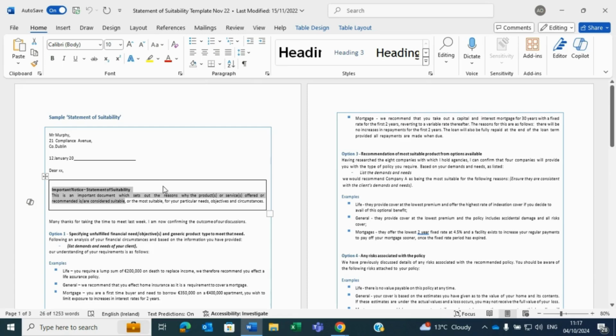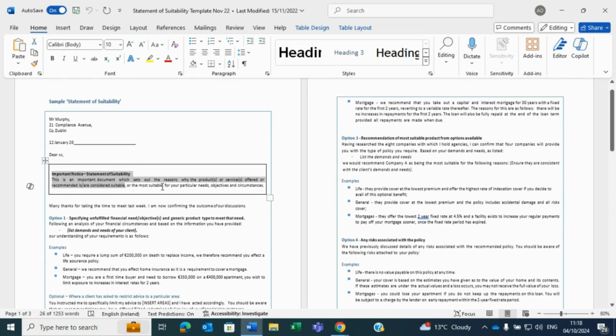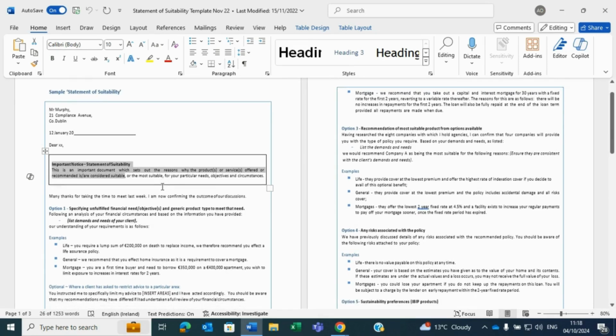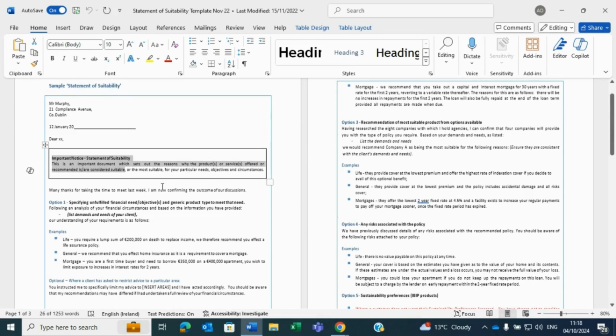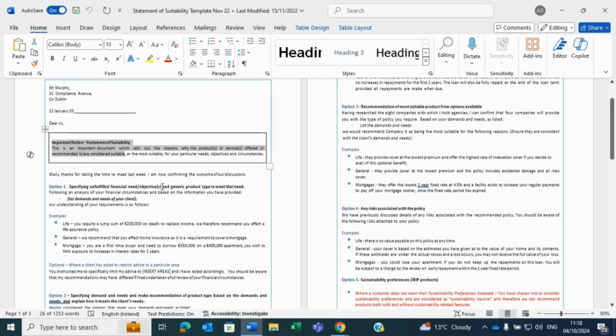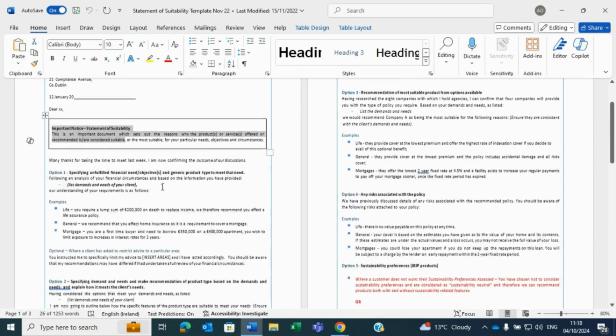And whilst not a regulatory requirement, it is recommended that brokers seek to get the client to sign the statement of suitability, as in the event of a complaint, the statement of suitability is key and will be the main defence for the advisor. Where a broker has provided an oral explanation to the consumer of the products offered or recommended, the broker must include a record of such explanation in or with the statement of suitability.